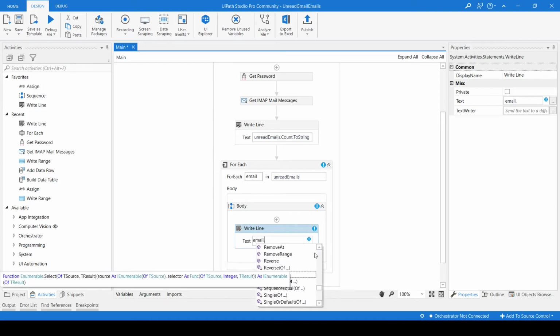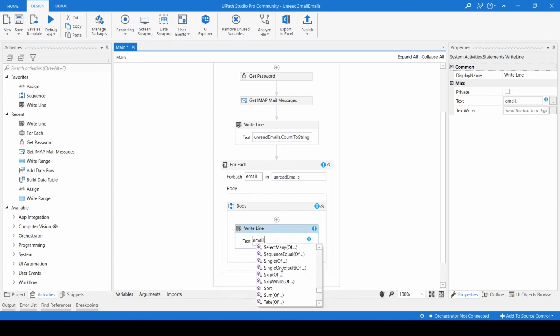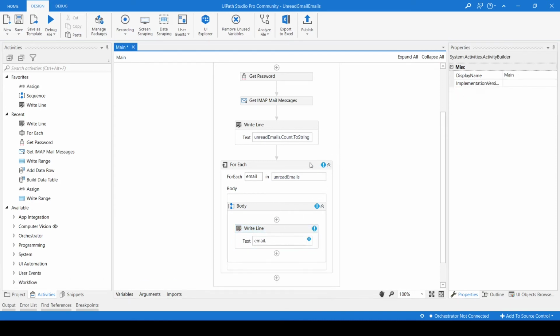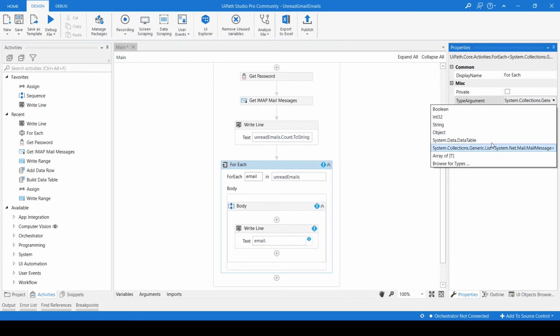But here we are not finding the subject property, and the reason is a very critical part that we really need to understand, because we make mistakes here. We need to give some more focus to understand what we have done.